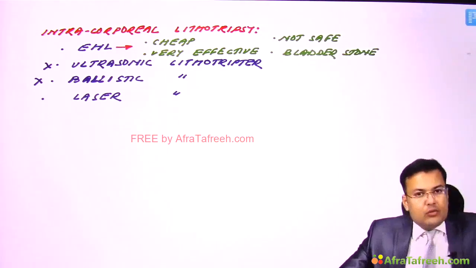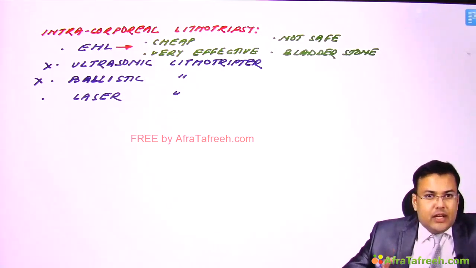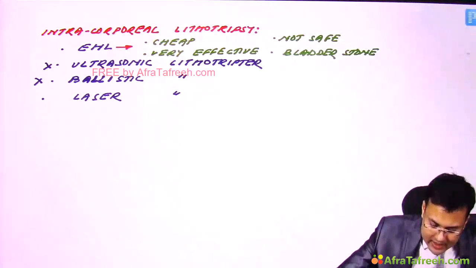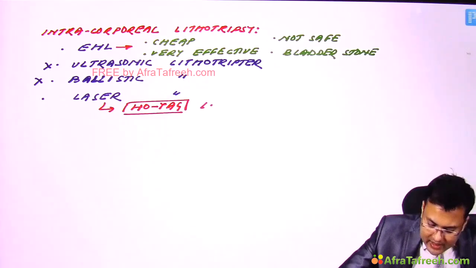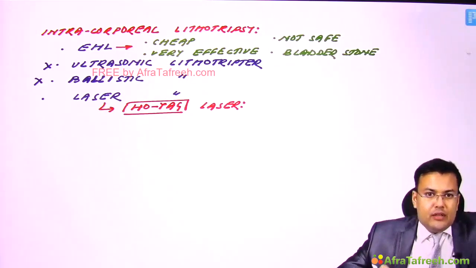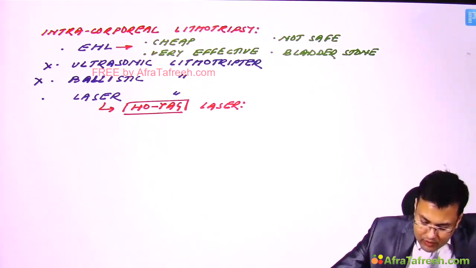Okay, now coming to laser lithotripter. This question is frequently asked in exam, that which kind of laser is most commonly used, and this is Hoyag laser. What is the full form of this? Hoyag laser. And this is holmium-Yag laser. This holmium-Yag laser is not only used for renal stones, it is also used for BPH. So this is used for both renal stones